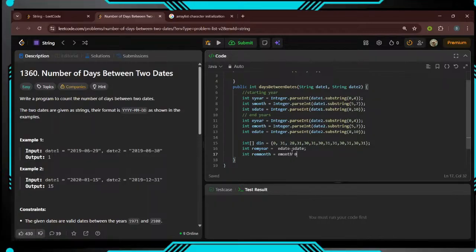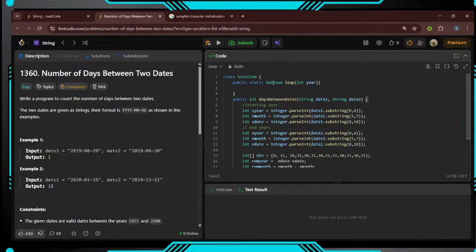End month minus start month. So the thing goes like, I also have to make the leap year function for the program, I have to complete this leap year. We know that we can simply return whether a year is leap if it is a multiple of 400